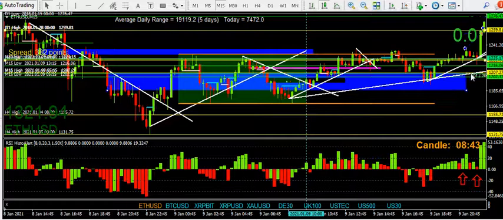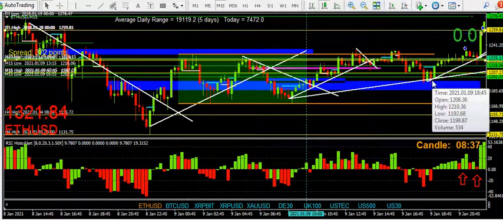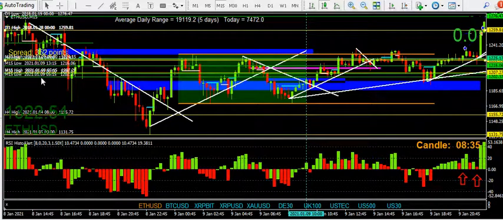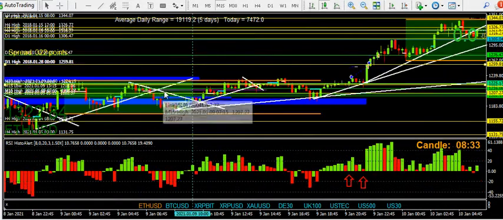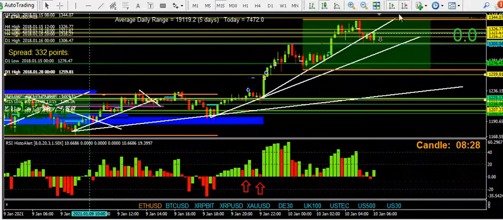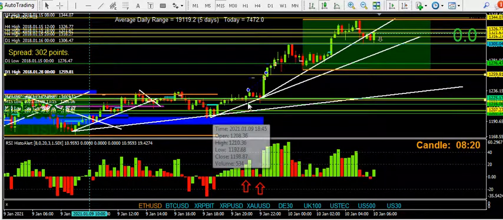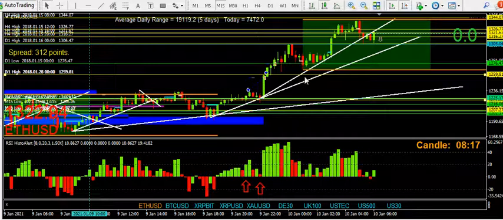And if we pull it over to that level, you can see it acted as support again. Now you might notice these levels I've put on the charts now, because I'm looking at this wondering where price is going to go back to in order to potentially get another entry. So you can see I've got an ascending trend line connecting that to that, and then potentially it will get